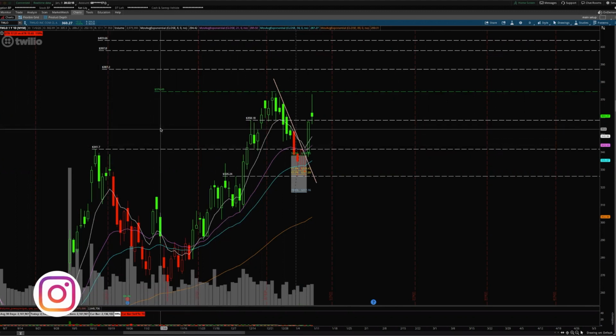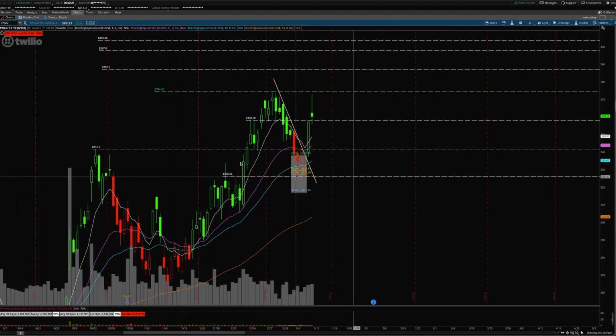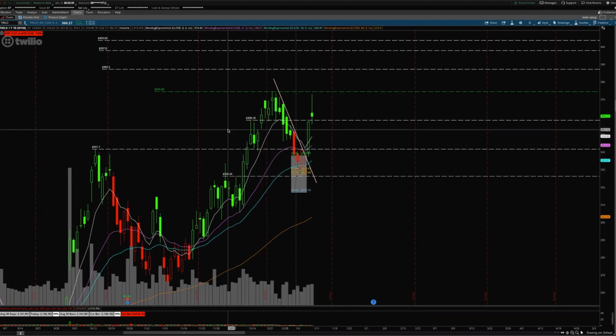So today we're going to be analyzing ticker TWLO, and we'll primarily be using the Fibonacci retracement tool for the bulk of this analysis. Today we're going to be showing how you can effectively use Fibonacci retracement in two methods. We're going to be doing Fibonacci extensions, which can help show potential price targets to the upside. And we're going to be using Fibonacci retracement, coming down into a retracement, and we can look for a potential